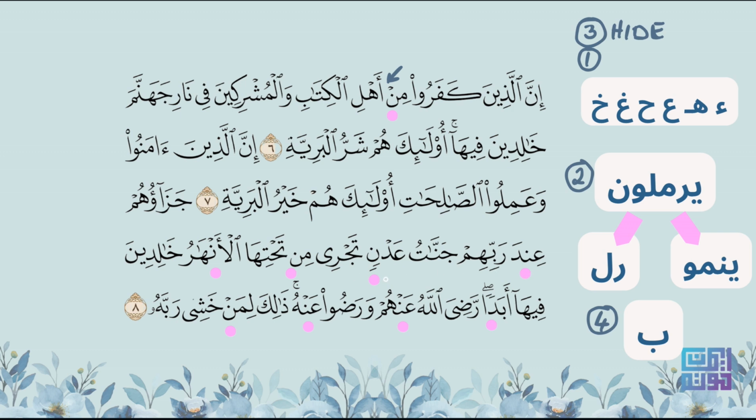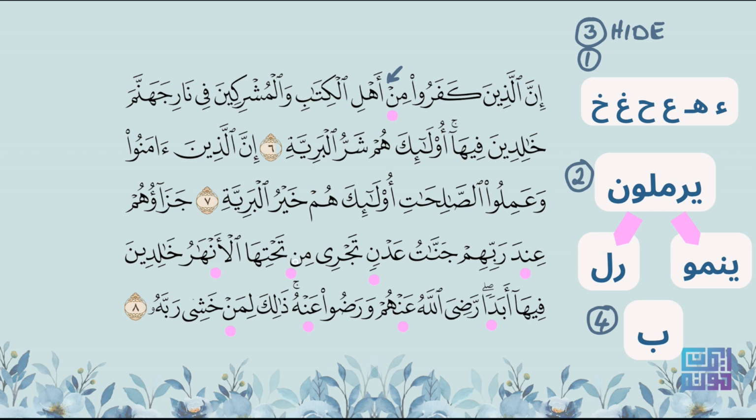Okay, what about this tanween? This tanween coming after it, a ta. Is the ta one of the izhar letters, the throat letters? No. Is it one of the merging letters, which is yarmalun? No. It's not a ba. Then it's ikhfa. All the remaining letters. So what do I do? What is the mechanism to pronounce the ikhfa? I pronounce the mim kasra. I go to the exit of the ta and I pronounce the ghunna first.